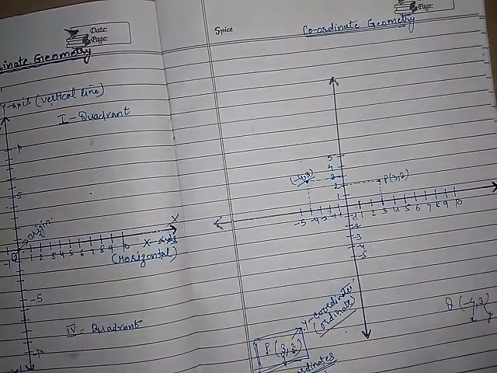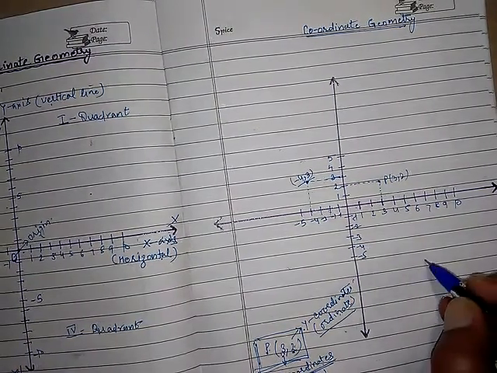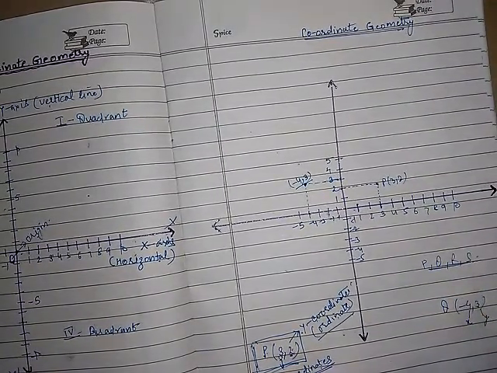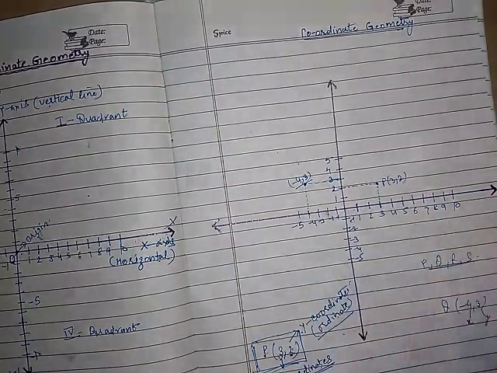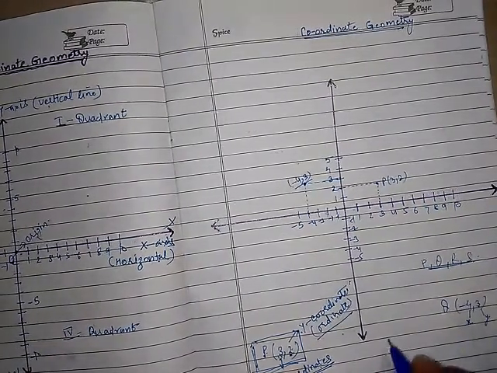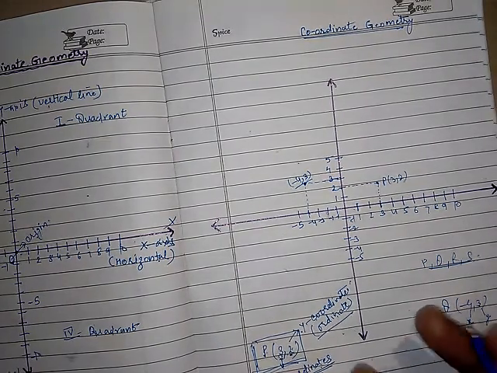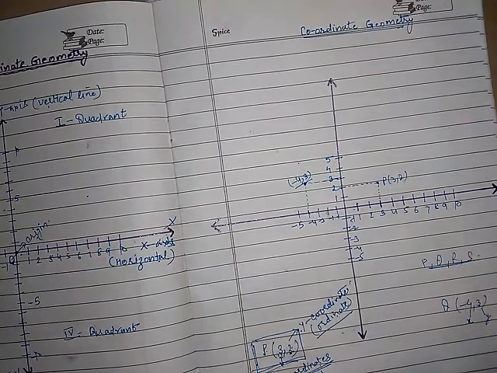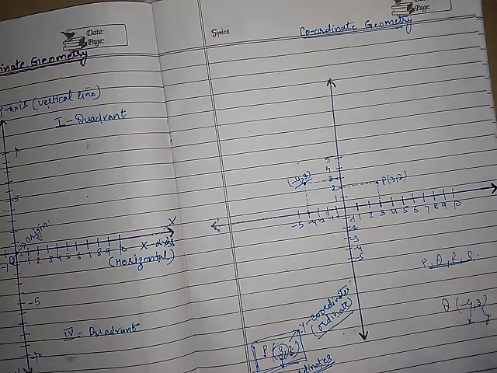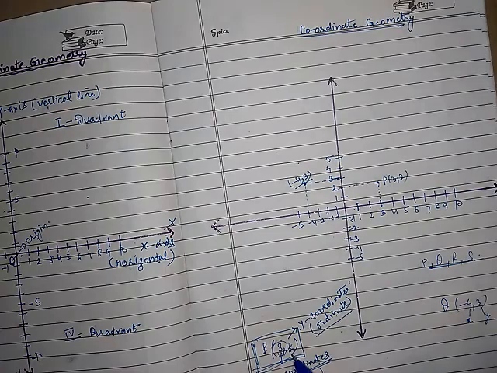So this is all that is given in the book. You may be given some points in the exam, say 4 points P, Q, R, S, and you have to plot them. If you know how to plot, then you can easily do that question. Sometimes they ask a 1 mark question: in the given point, write the value of abscissa. It means you must know what abscissa is. If you know that x coordinate is also called abscissa, then you can simply write down 3. It's very simple. You will get the 1 mark for that. Then, in the given point, what is the value of ordinate? Simply it is 2. Clear?